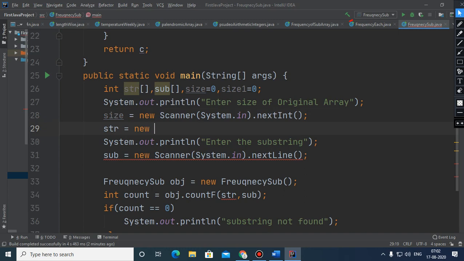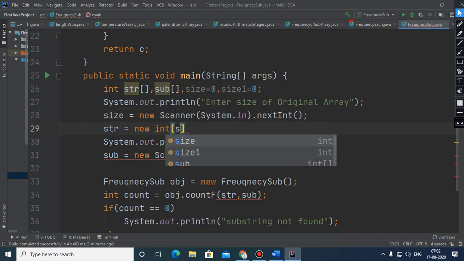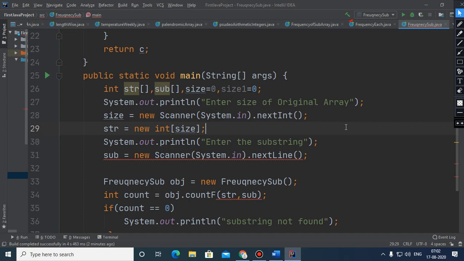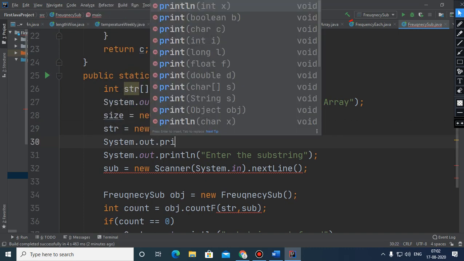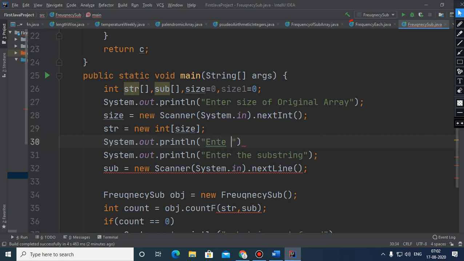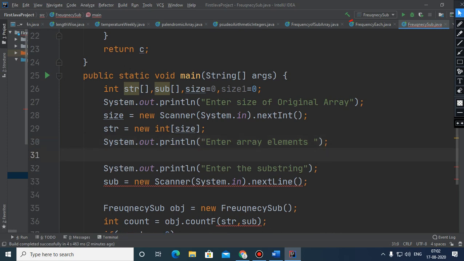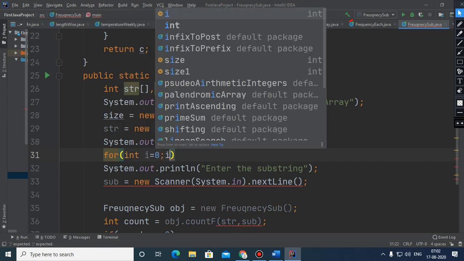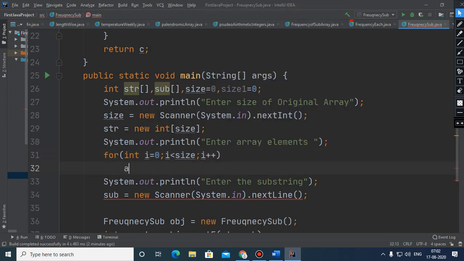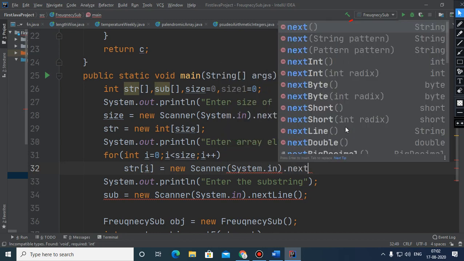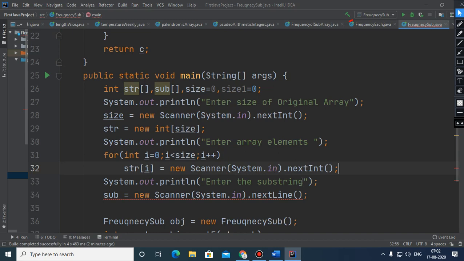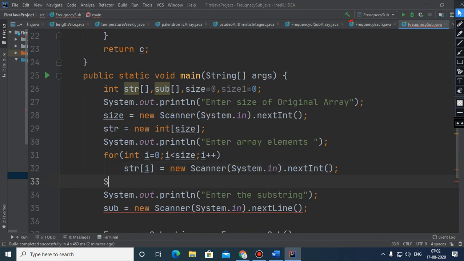So str is new int, that is size, and after this we need to enter array elements. So here we need to start a loop that will go from 0 to size, and str of I is new scanner system.in.nextInt. So here we entered this array, and after that we need to print